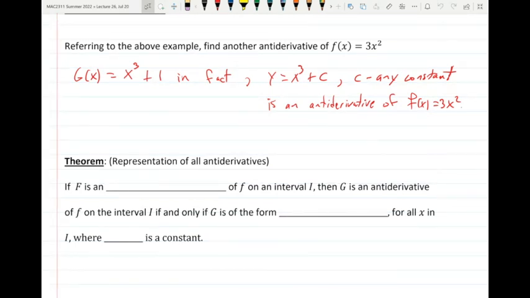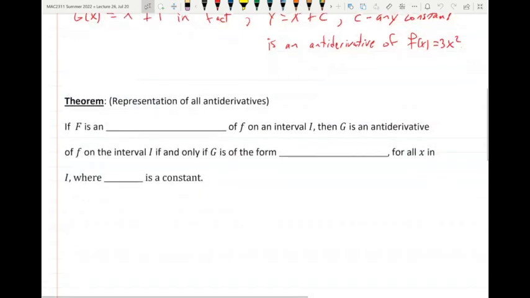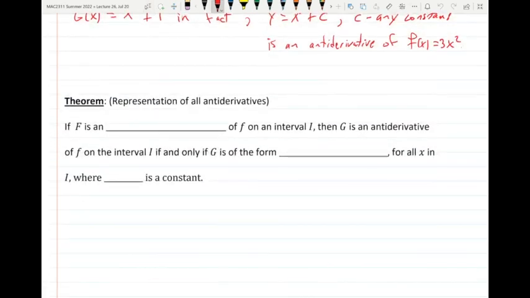Okay? So 3x squared doesn't have any other antiderivative unless they look like x cubed plus c. So that's a theorem, and we can actually prove it. We have the knowledge to prove this, so let's justify this. So if capital F is an antiderivative